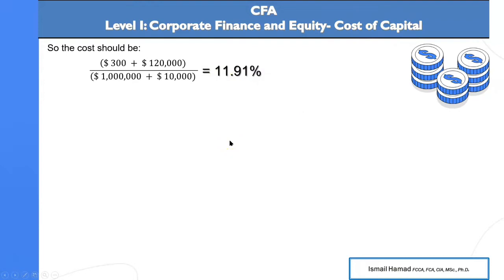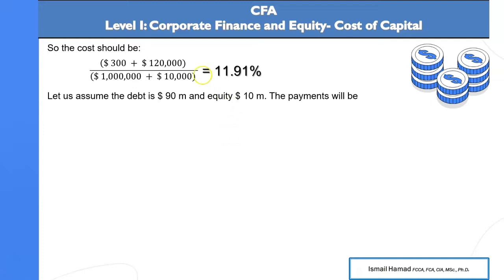Let us do another example, assuming a different structure. Instead of huge equity and a small debt, let us do it the other way around. Now we have huge debt of $90 million and a small $10 million in equity. So this company is heavily financed by debt. So what would be the cost of capital if, again, the debt costs 3% as in the previous example and the equity costs